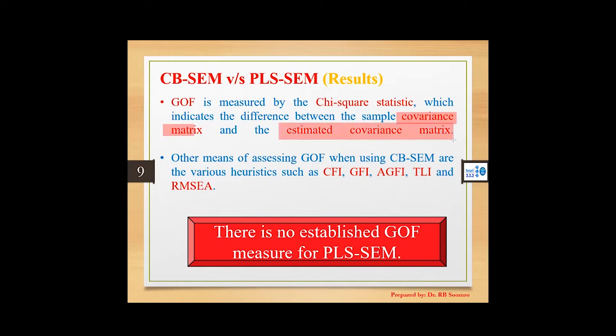So now these goodness of fit indexes provide the difference between the covariance matrix and its estimation. Normally different goodness of fit indexes are available, like the CFI, GFI, AGFI, TLI, and RMSEA. Detail of all these is available in the next slide. But when you talk about PLS-SEM, unfortunately, there are no established goodness of fit index measures for